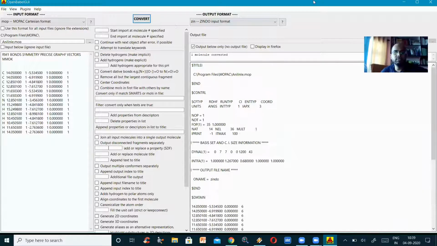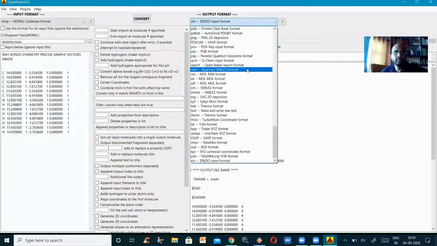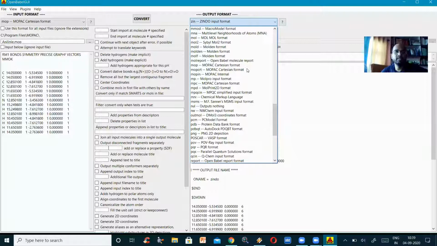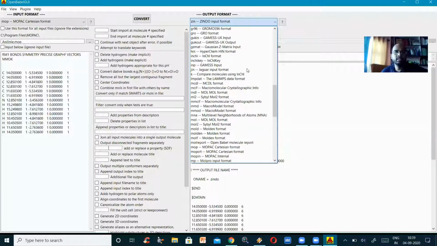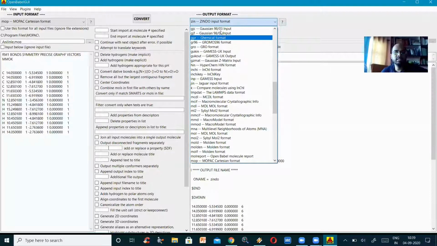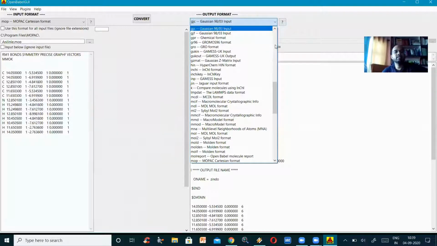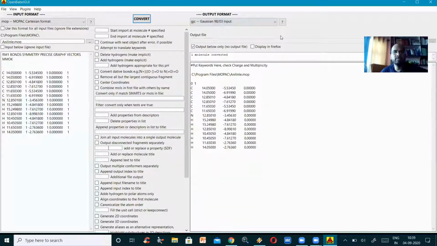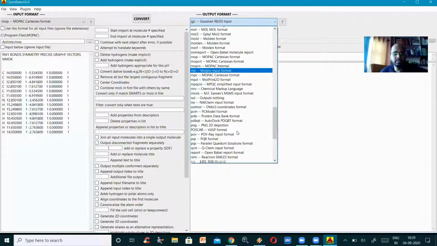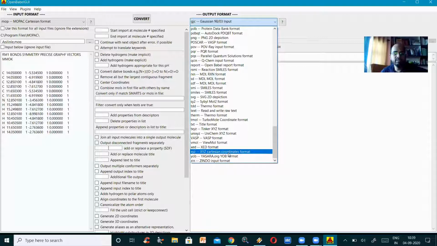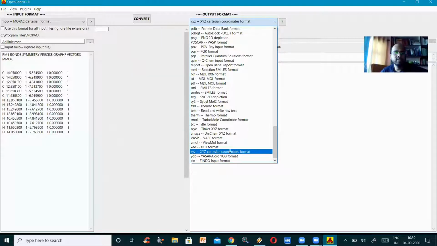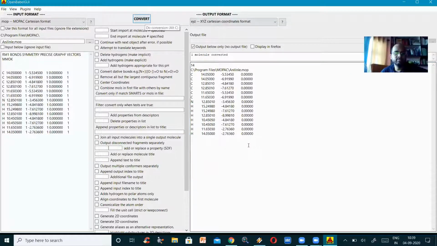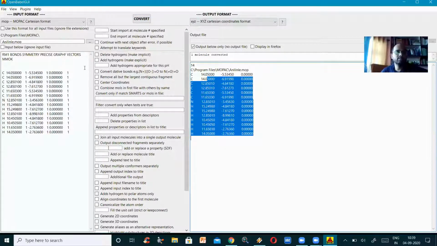I think we have seen ZINDO, where we wanted to calculate the spectroscopic properties, and that has been converted very beautifully here. GAMESS output is there, GROMOS is there, Gaussian 98 is there. This is another very costly software that I have been telling you about. I'll just click convert, it will convert it into the Gaussian format. I just extend it to XYZ format, Cartesian coordinates, click on that, and then click convert, it is converted into this. It is quite a different experience of writing these things.